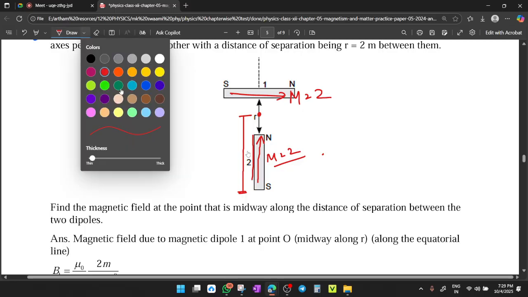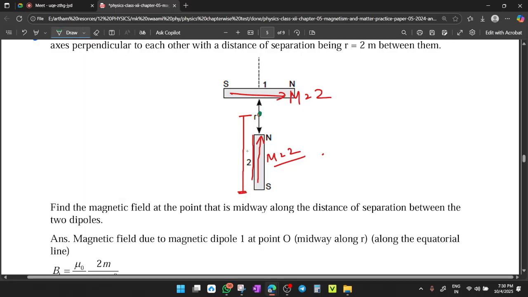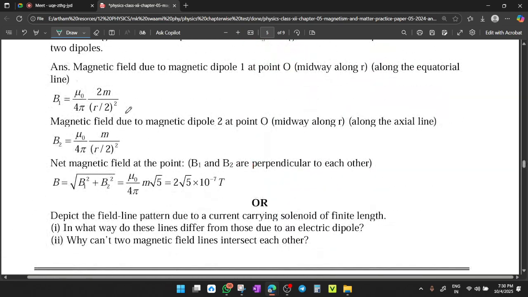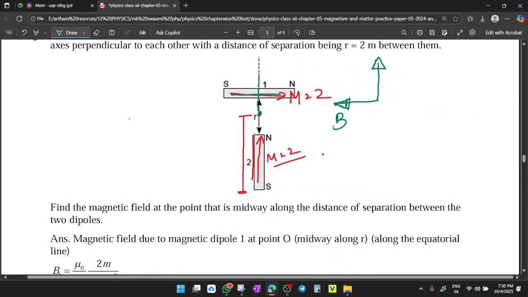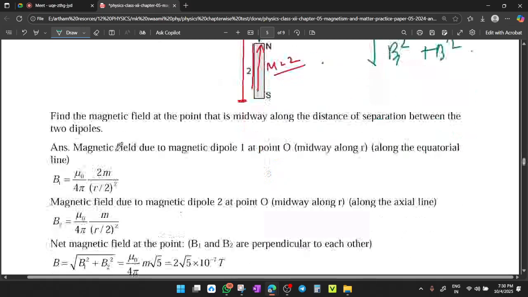So look, the magnetic field intensity, this point is at axial position. So the field will travel upward in the axial direction. And here the field will be downward on its equatorial position, opposite to the direction of magnetic moment. Clear? Yes. So two fields are here. If this is B1 and this is B2, then by vector rule, the answer is the root of B1 square plus B2 square. Now see, B1,